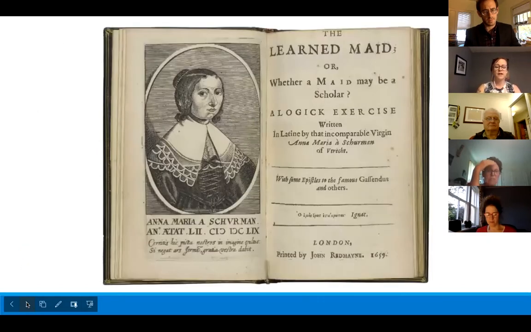Perhaps drawing on the life of the Dutch pedagogue van Schurman, who was one of the first to explicitly state that a maid may be a scholar, Cavendish sends Lady Delicia and her uncle to the city to study at university. Like van Schurman, who attended the University of Utrecht while sitting, quote, "behind a curtain in her classes lest she distract her male peers," end quote,